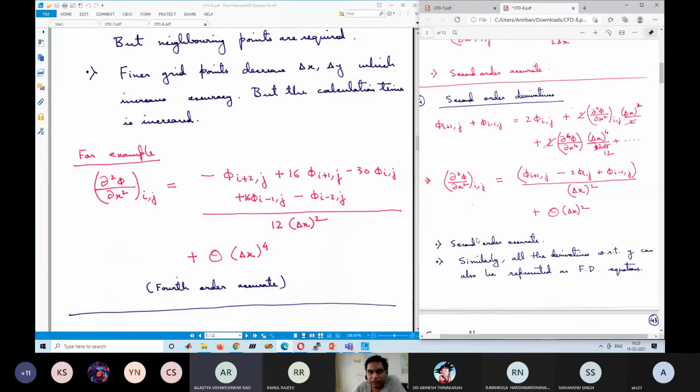We have to write series for phi I plus 1, phi I plus 2. Then we will have to manipulate, and then eliminate as many terms as possible using multiplications. So we have to eliminate all the lower order terms. We need to derive 4 equations, 5 for this. We will have to derive not only for I plus 1 comma j, but also I minus 1 comma j, which will have these terms. Then we eliminate all the lower order terms suitably using those equations. That's why these big terms are coming, 16, 30.